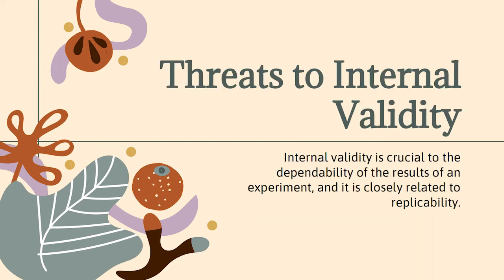Threats to internal validity. Internal validity is crucial to the dependability of the results of an experiment, and it is closely related to replicability. It indicates the extent to which the experiment adequately tested the treatment under study by helping to rule out rival explanations and ensuring freedom from bias. Unfortunately, a number of factors can jeopardize the internal validity of experimental research. Those factors most frequently cited in standard texts are as follows: